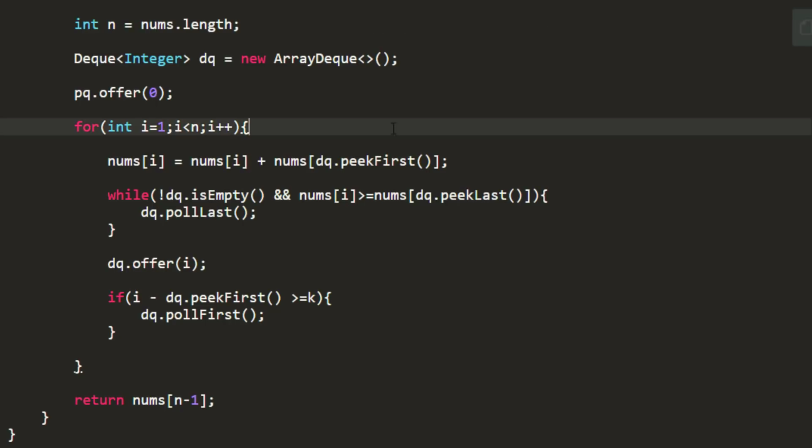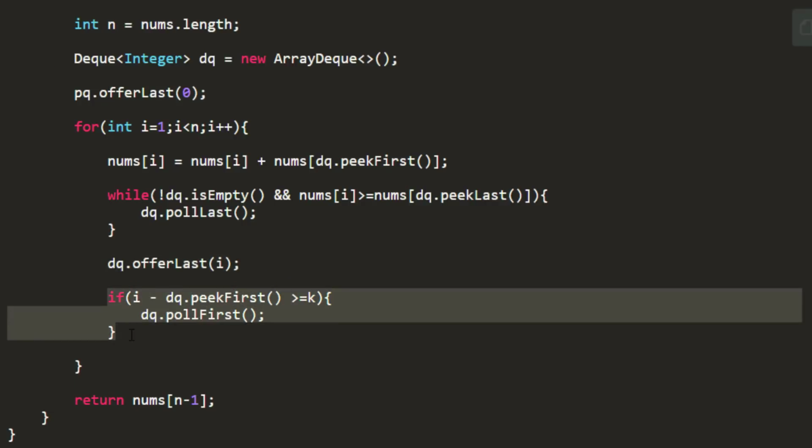So what we are doing over here is we have initialized a deque. We are offering the initial index from which we are starting. We are updating the value at the index that we are searching the answer for, and adding the first value in the queue into this nums of i. This will update the value, and now we remove from the end all the values which are less than this particular value, and then we add the index at the end.